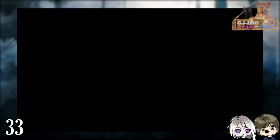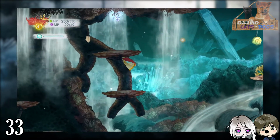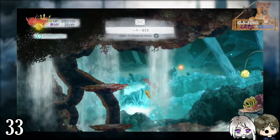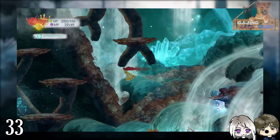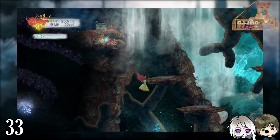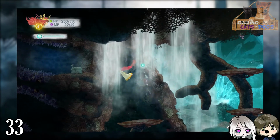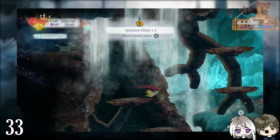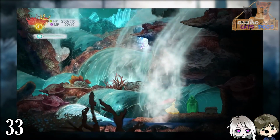So I think for me, it would be to follow a pattern. If you're gonna have a boss, and you want it to be challenging, make the fight a challenge, but not figuring out what you have to do as a player. Okay. To me, that's very frustrating and annoying. I don't feel good after the boss battle when that happens. I feel just annoyed, like, I don't want to play anymore. I need to cool off, or else I'm just gonna be pissed off and I'm not gonna have fun. Alright. So it's like...